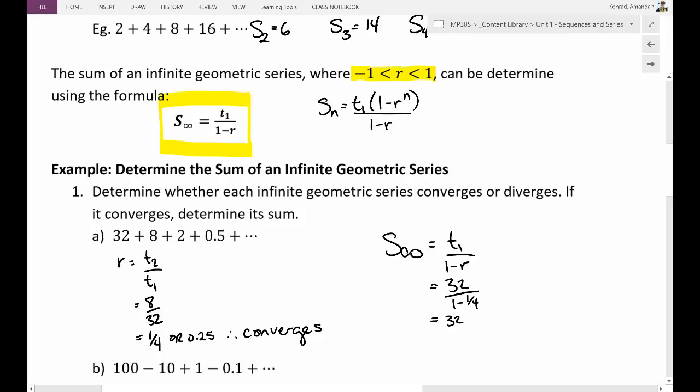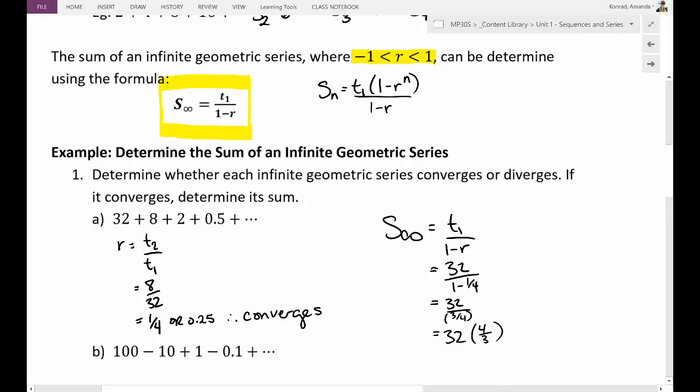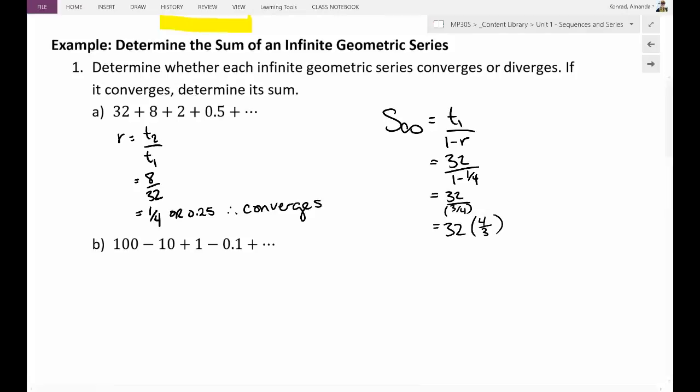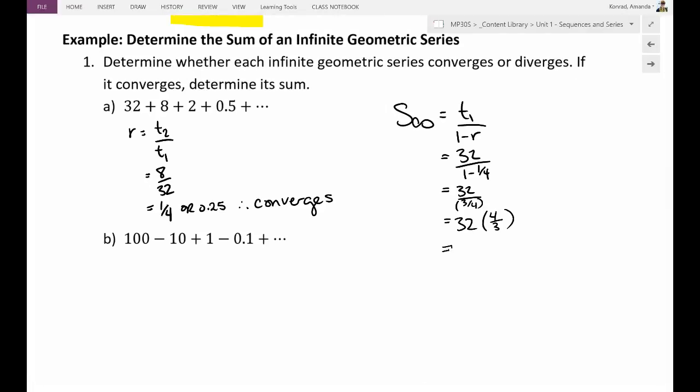So that's 32 divided by 3/4. Dividing by a fraction is like multiplying by the reciprocal. So that's 32 multiplied by 4/3. From here, that might give me a little bit of a large number to work with. So if I use a calculator, I'm going to get